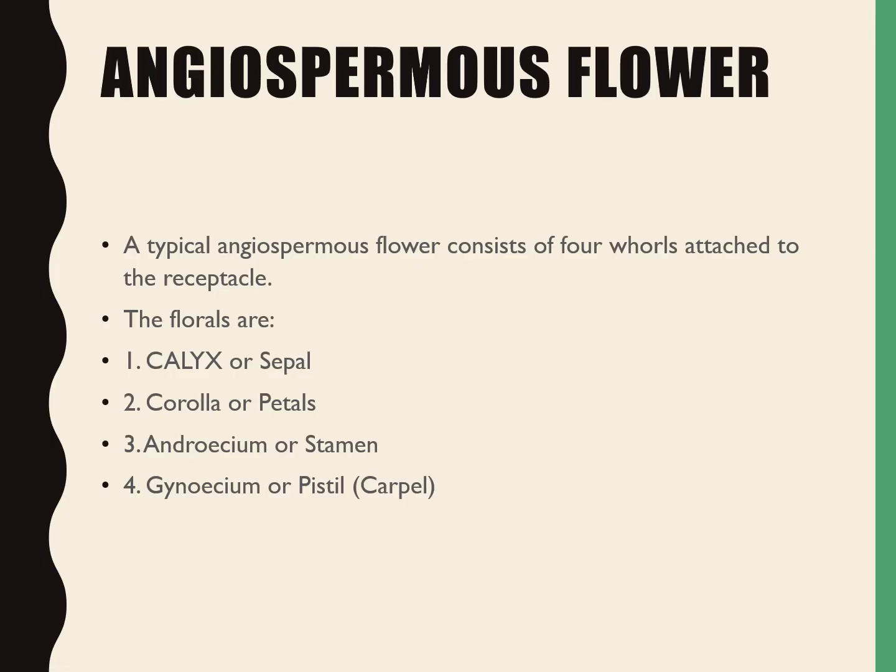To begin with, we are talking of a flower. Flower means you know very well, in class 9th also you have gone through it. Angiospermic plants are there which bear flowers. So basically, we are talking of the angiospermous flower. It has four parts, four whorls you can say. These are the four whorls.